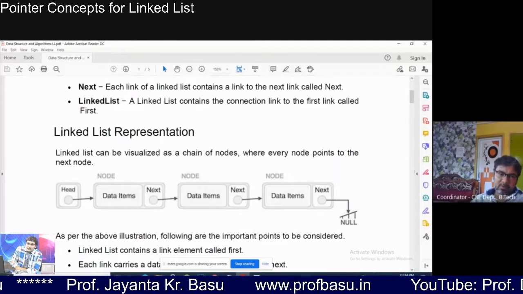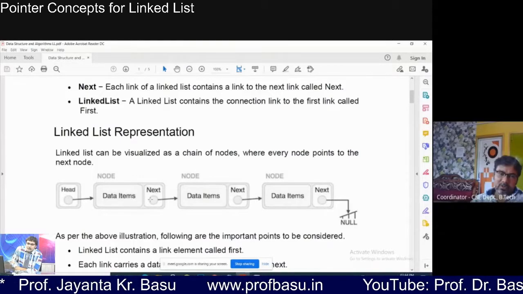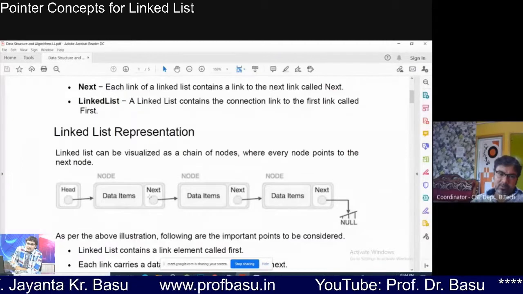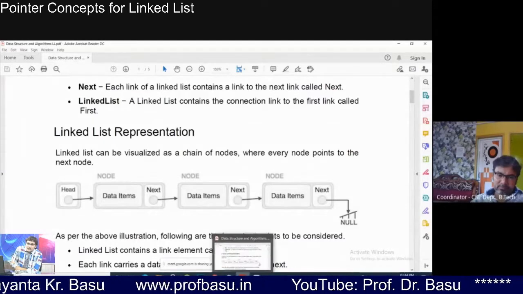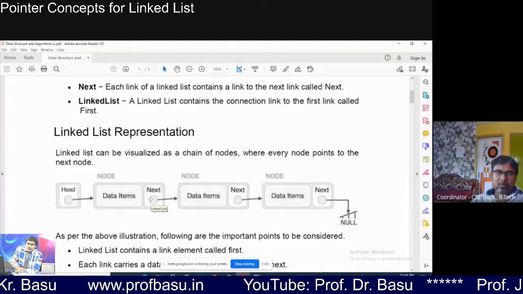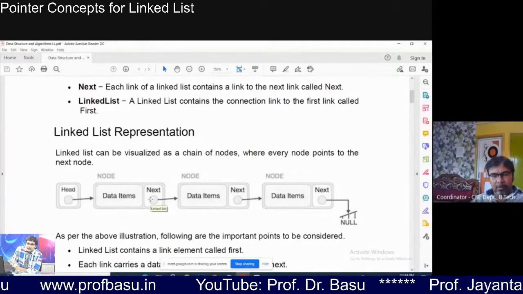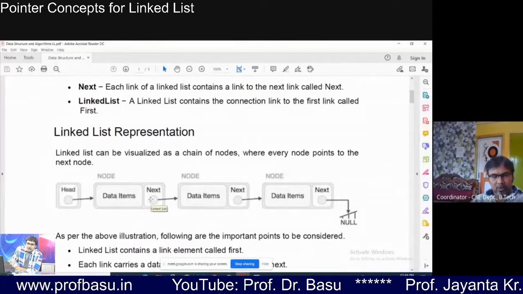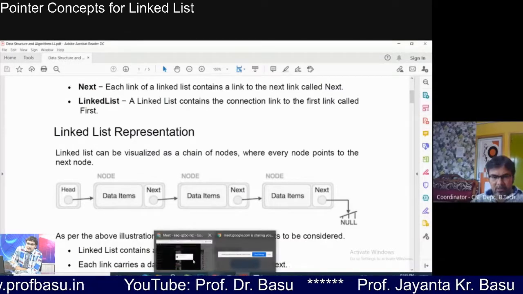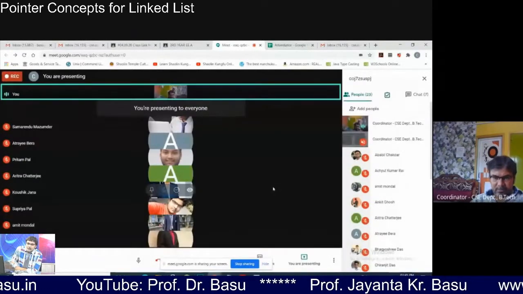It is not a simple variable, it is a pointer variable. And what type of pointer variable? You know that if a variable points to an integer variable, I must declare it as a pointer to integer, isn't it?